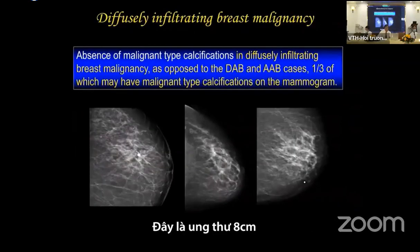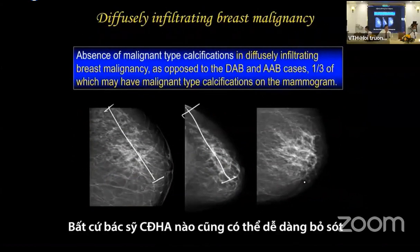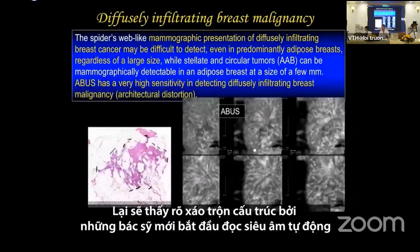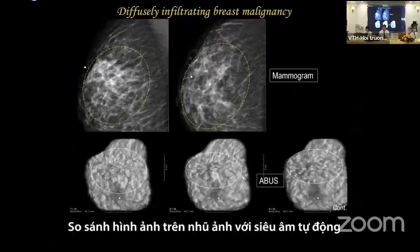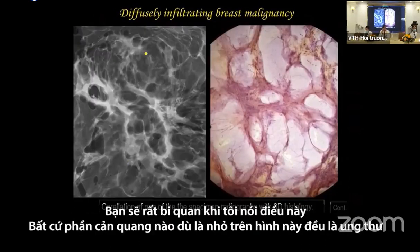Here is an 8-centimeter carcinoma. Here is a 10-centimeter carcinoma, and here is a 7-centimeter carcinoma. Any radiologist could pass by it easily. But the architectural distortion is going to be seen on automated breast ultrasound. Just compare this, the mammogram, with the automated breast ultrasound. And you may be very depressed if I'm telling you that every bit of